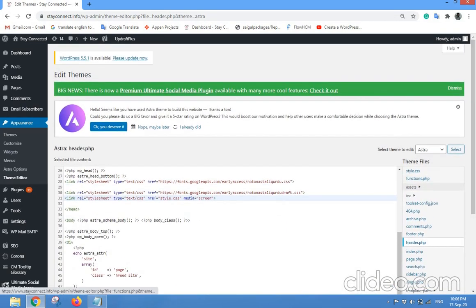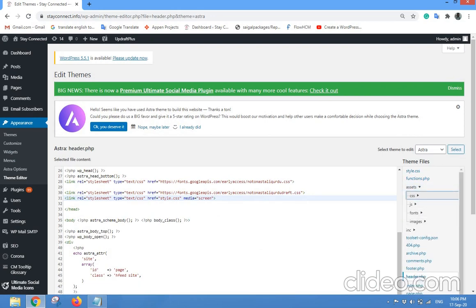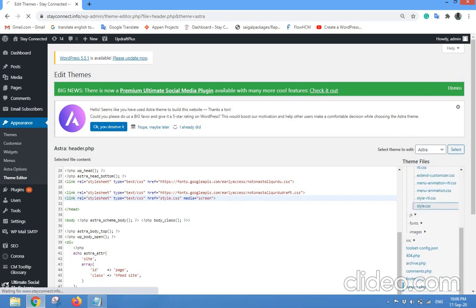Click on Update File to save the changes, and now open style.css file under Assets, CSS unminified.